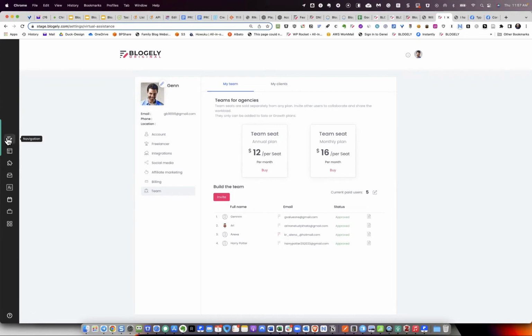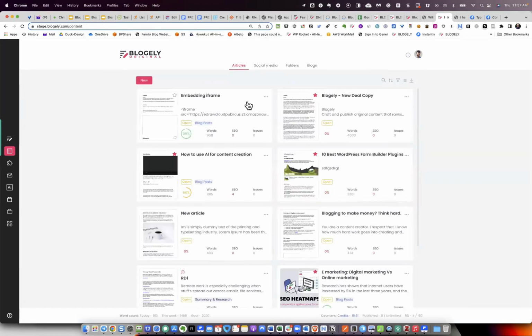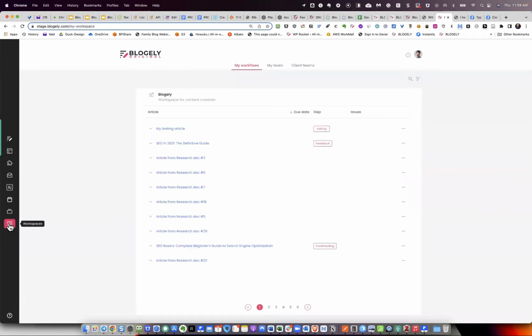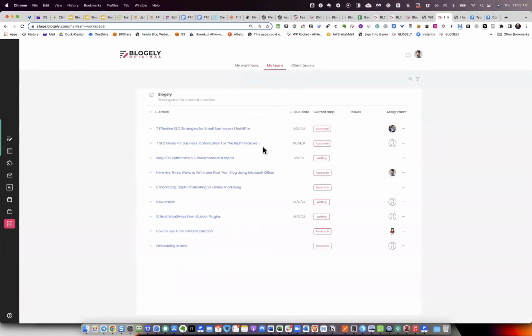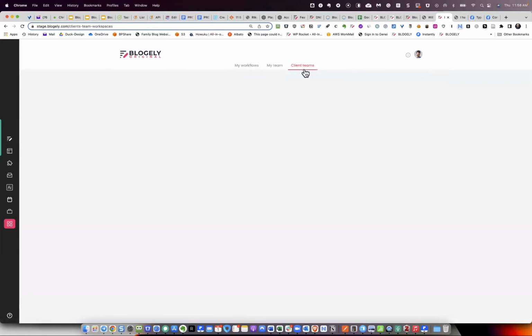Now, a quick understanding of how you work together. Inviting to your team doesn't mean they will have everything here, all the accesses. No, it doesn't work this way. They will have their own limitations. However, when they work on your content, the way they will see your content is through the workspaces. When they get to the workspaces, in the client's team, they will see it right here. Let's say I'm the owner, so I'm seeing my workflow, my teams. I can see the workflow here, but for them, they will see it in the client's team, and this is the only place they can access your